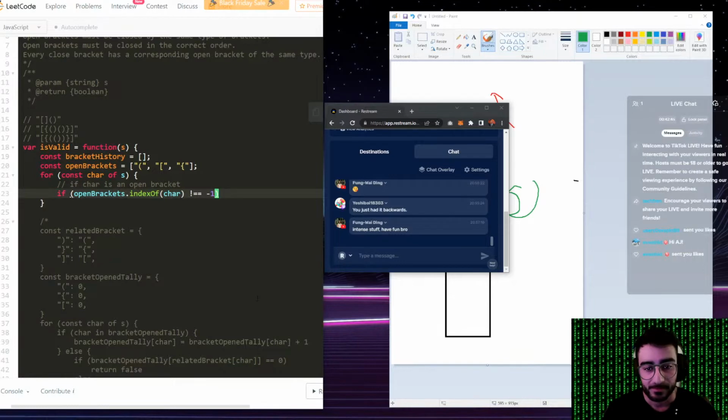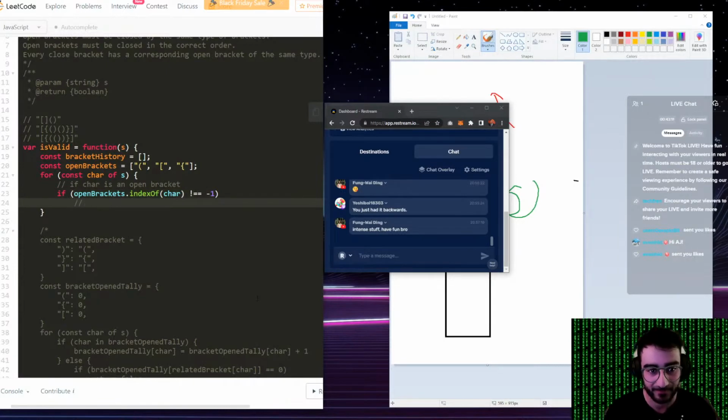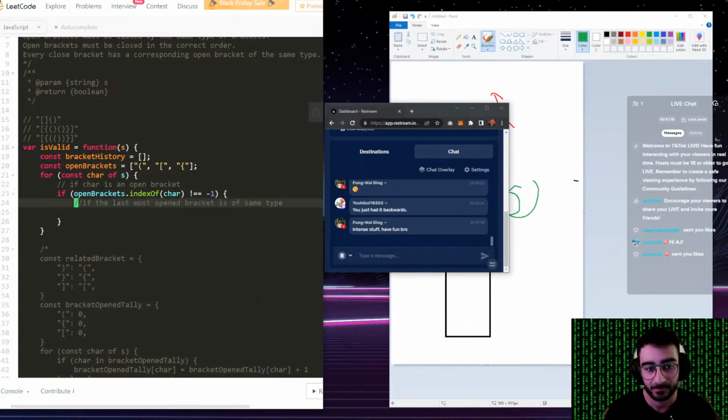If it's not an open bracket, the only way that this can be valid, if it's a closed bracket, is if we've already opened it. If the last most open bracket is this type, right? So how do we write that? Let me write that as a comment first. Okay, so if the last most open bracket is of the same type,